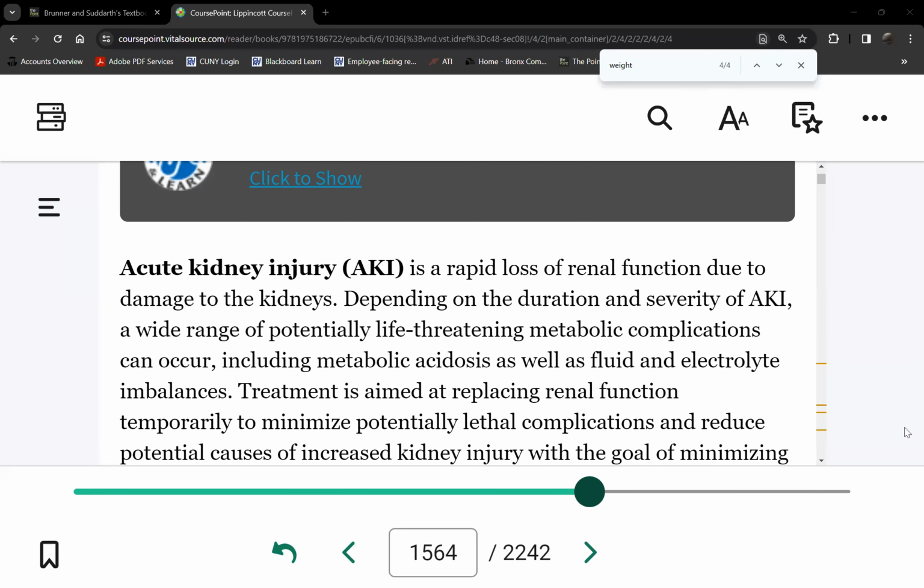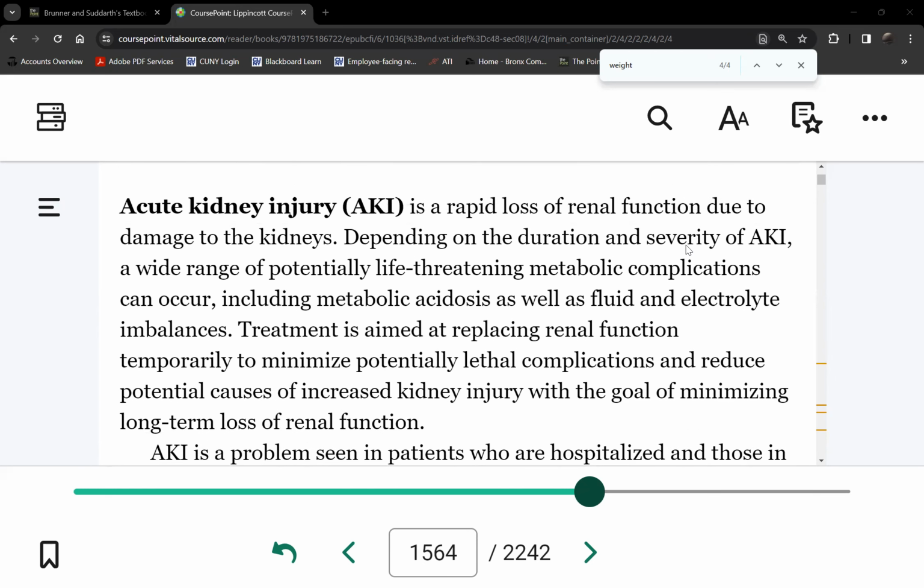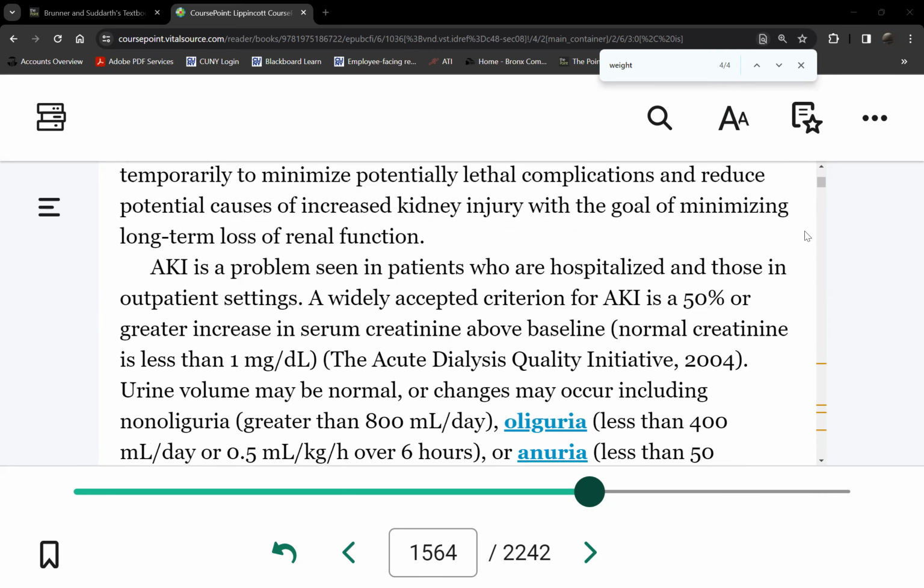Okay, AKI is treatable. So there are two forms of kidney damage. AKI used to be called acute renal failure. They've dumped that term because AKI is the more accurate description. Now, remember I mentioned this in dehydration last week? Okay, so there are many causes that lead to AKI. So the description again is rapid loss of renal function. There are three categories by which you can sustain AKI.